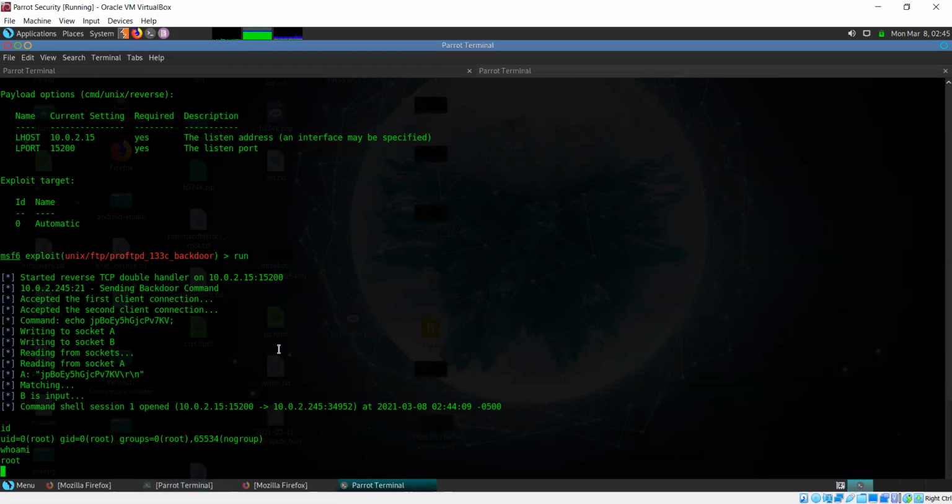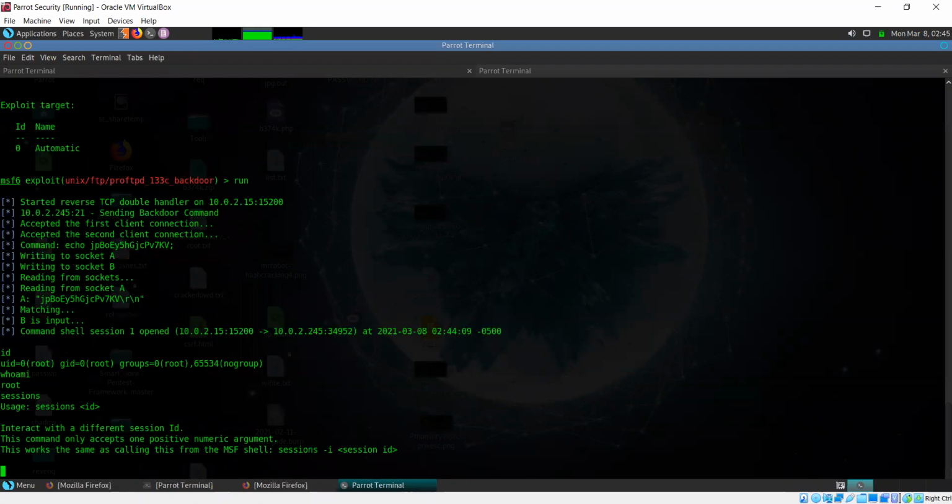When it comes to Metasploit, there's also something known as a Meterpreter shell, which is a proprietary Metasploit shell that has even more functionality than a normal command shell. So you can try to upgrade your session. All right.